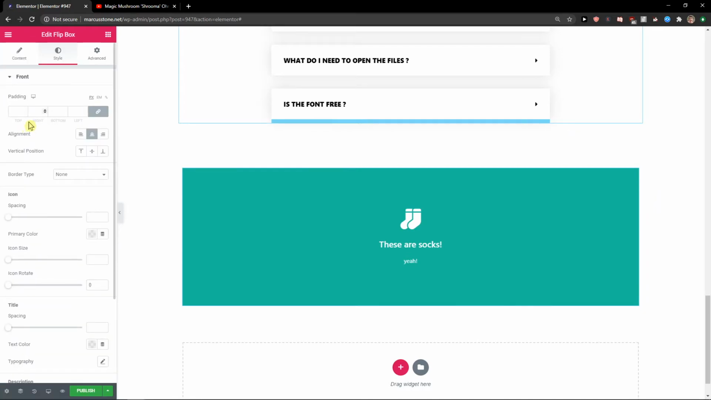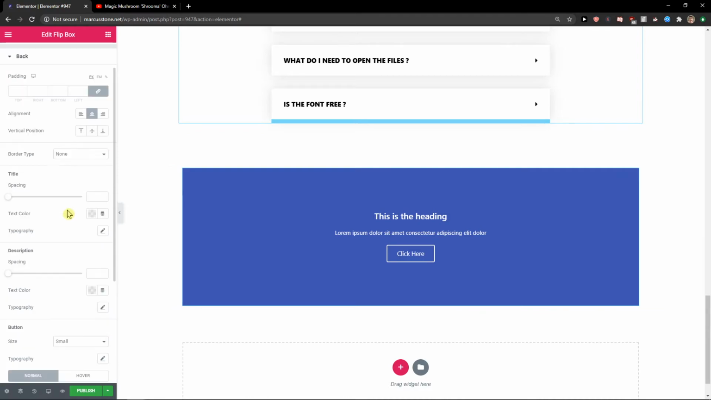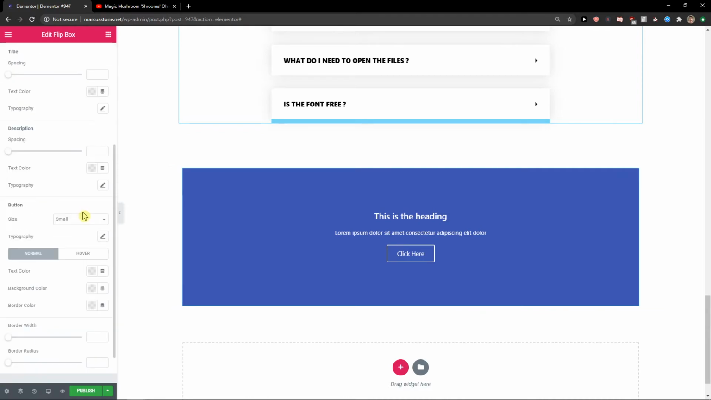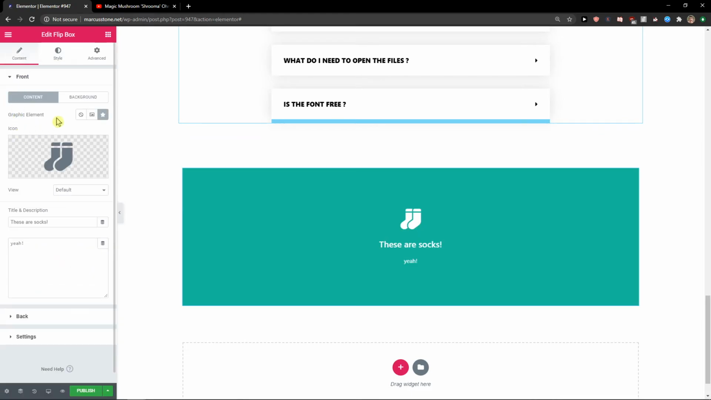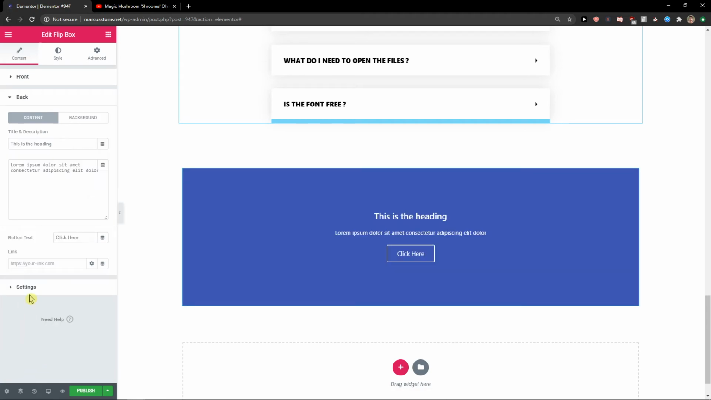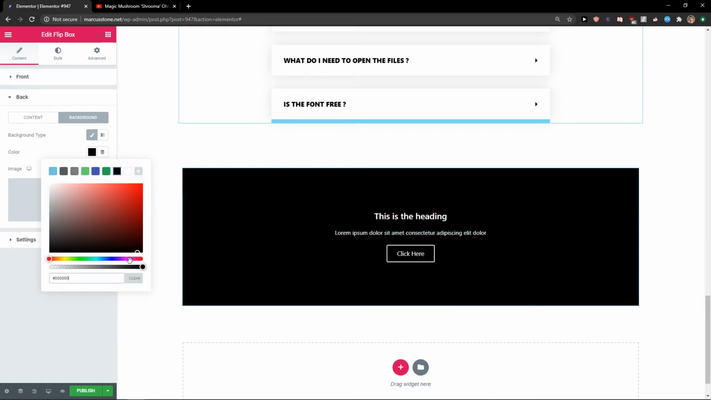and you can just easily edit all the colors here and everything. And then also like the back, also you can like change the colors, changing also the button here. That's really up to you. And background type, let's change the color to, I don't know,